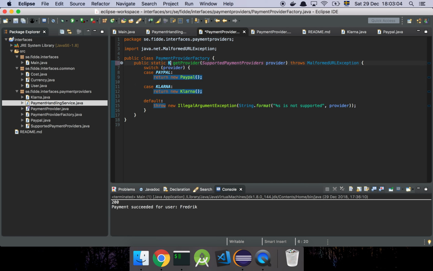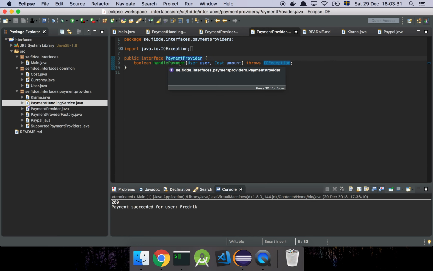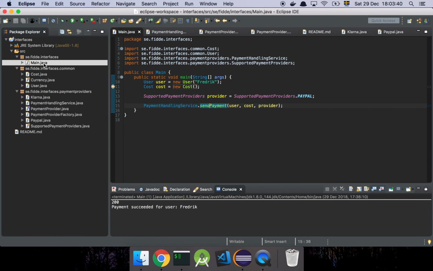I can break this by saying Klarna and having that there instead, but as you can see, the problem is then that I can't return an instance of PayPal if I'm only going to return the Klarna provider. So by just having this payment provider interface on top, I can express that the instantiation of this class can be in any shape it wants, as long as it has that magical method handle payment. That's all I care about. So having the ability to use interfaces is a very, very efficient method